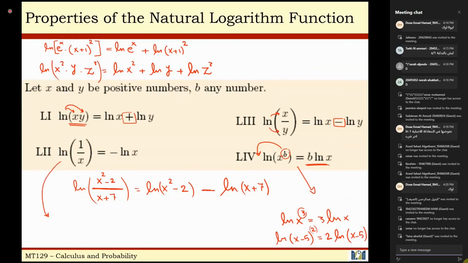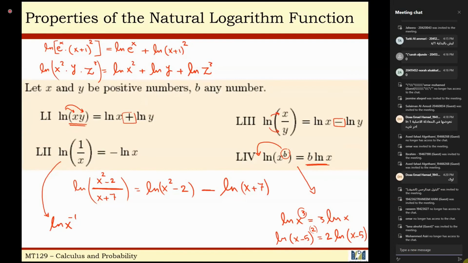Also, look at this. ln 1 over x, this is ln x to the power negative 1. When we raise the x from the denominator to the numerator, the power converts from positive to negative. So we have negative ln x, after what? After putting the power outside the ln. Okay. Now,